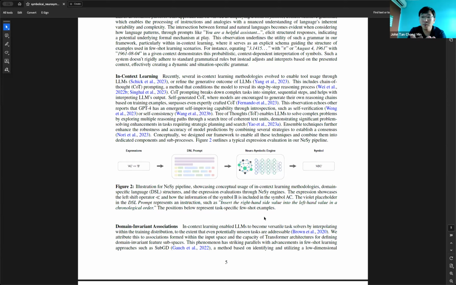The DSL prompt here could be both deterministic and fixed like traditional programming, or it could be very flexible like the large language models, or it could be both. In this case, the DSL prompt sounds like it's going to a language model already, right? Yes, it's a prompt.